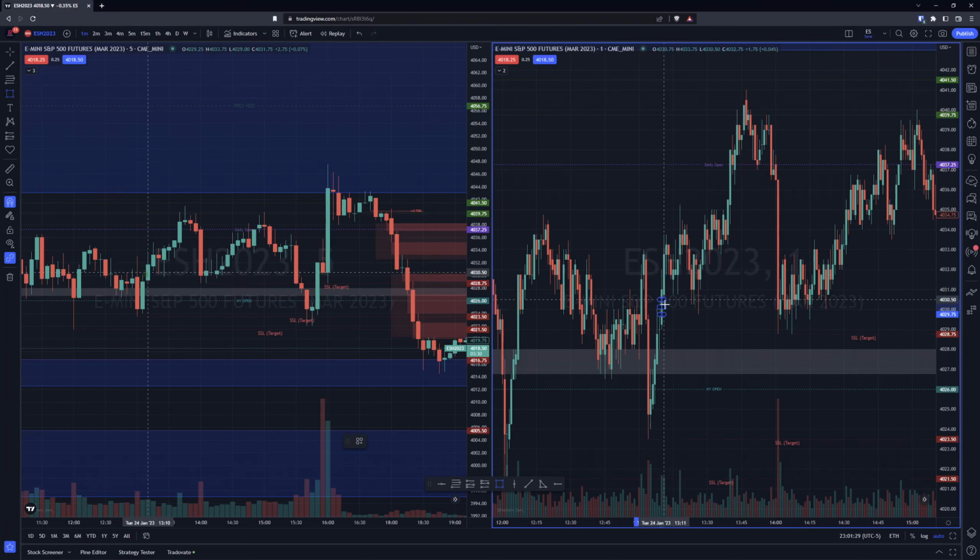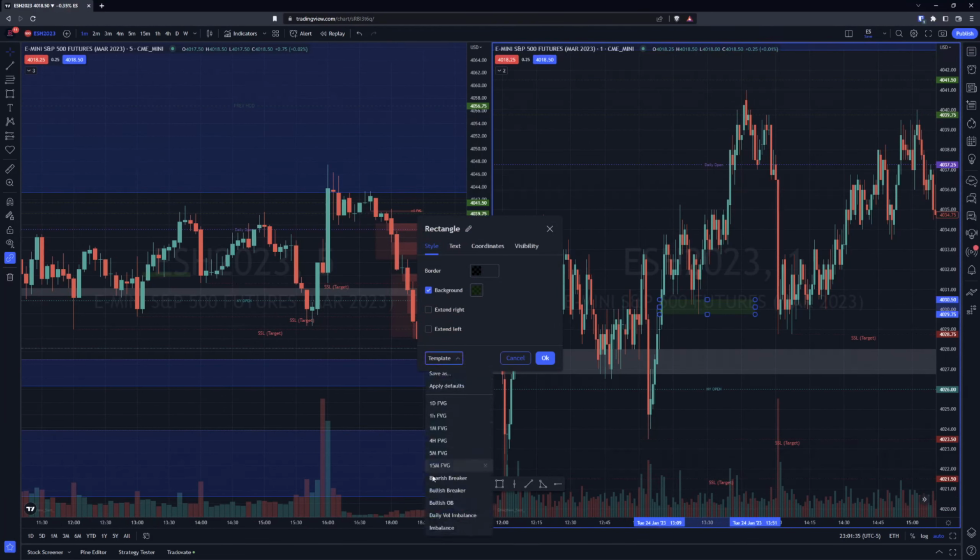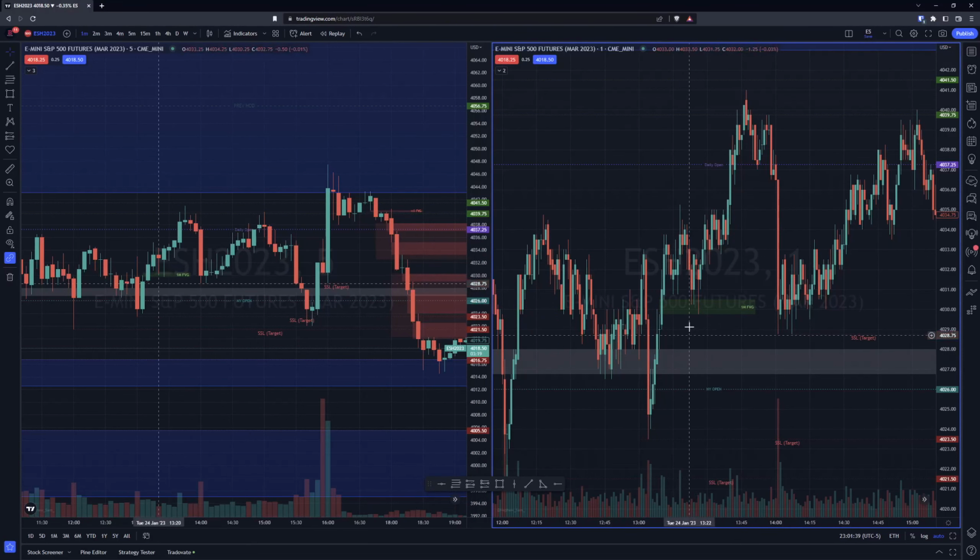So I took that gap. I'll just draw the gap out. I took that gap as an entry point for a move up to a target of 40.39.75. I believe I actually had the initial target to just come back to, this is daily open, but it's really midnight price.